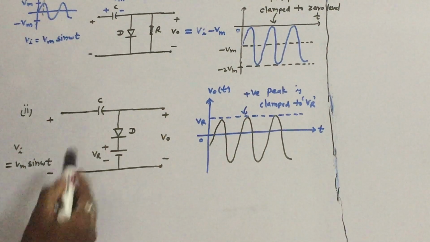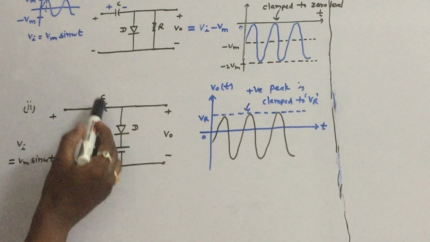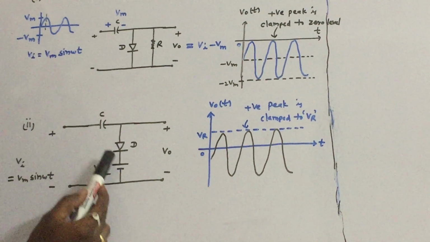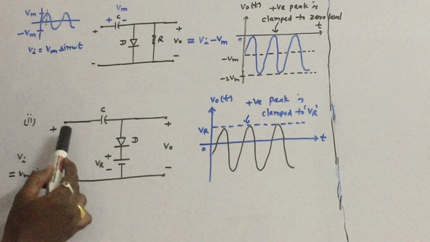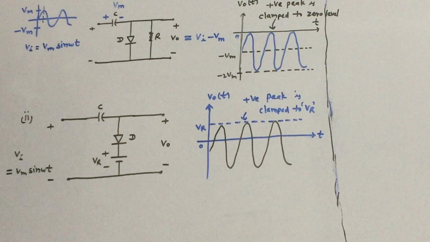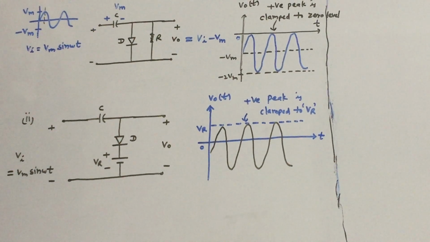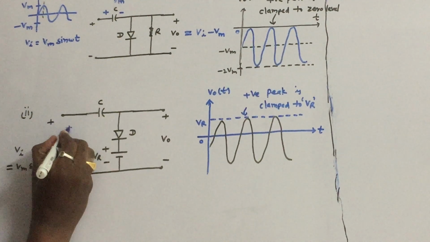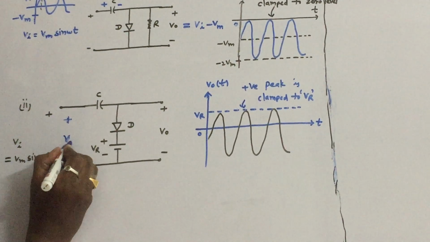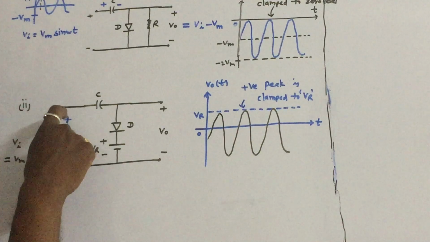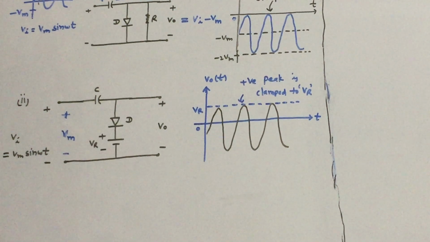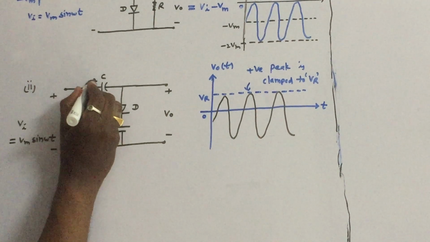Let us see now what is the voltage across the capacitor. Earlier the capacitor was charged to Vm. Now because of this reference voltage VR, what voltage will the capacitor charge to, and what is the expression for output voltage? That is what we are going to see, very simple. To find the voltage across the capacitor, first let us take the peak voltage of input. The peak voltage of input is plus or minus Vm. When the input is at its peak, the diode gets forward biased, so it acts as a short circuit.